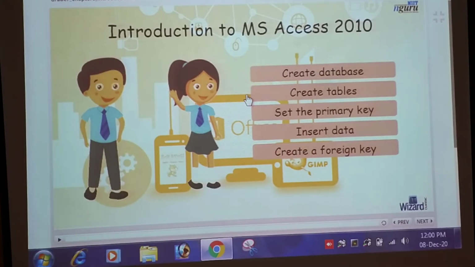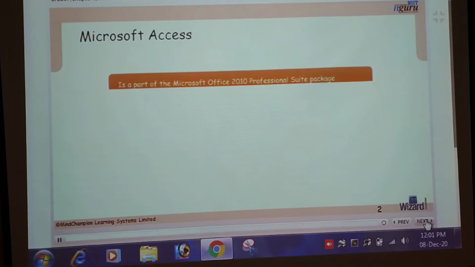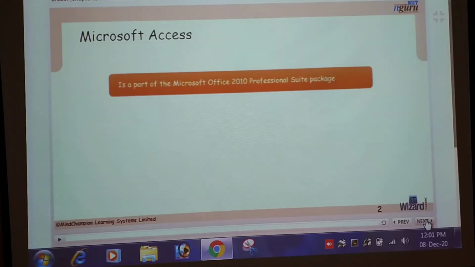First of all, what is MS Access? Microsoft Access is a part of the Microsoft Office 2010 Professional suite package.